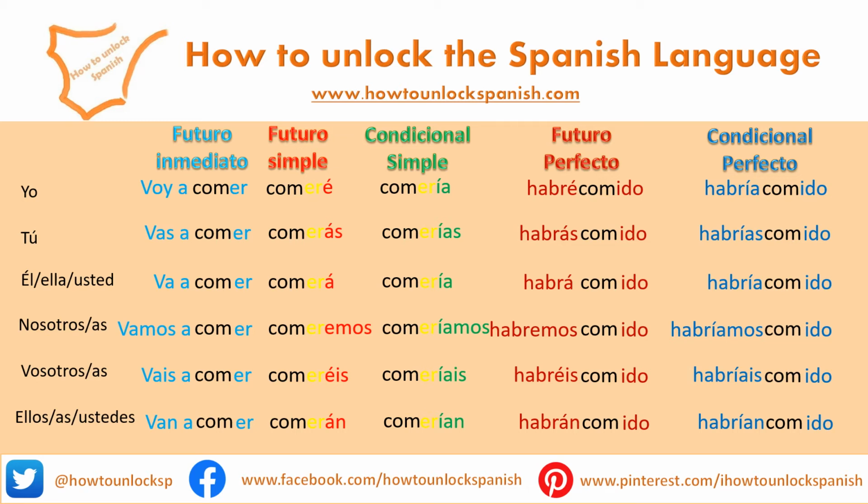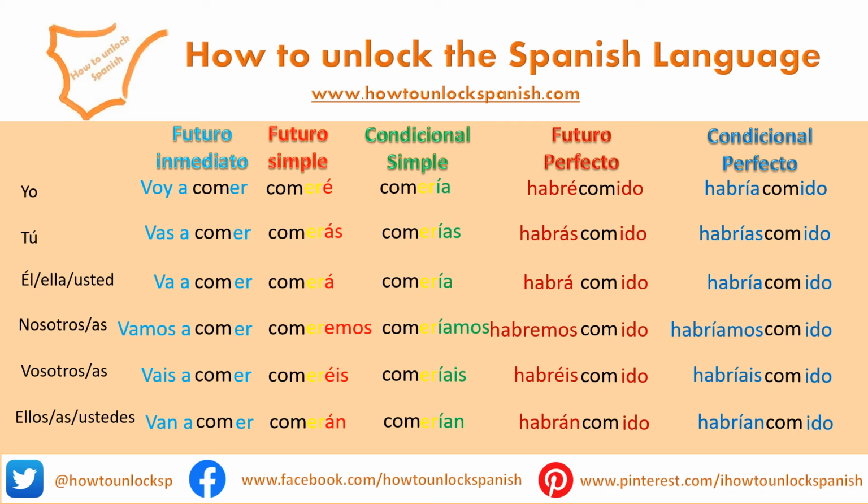So we conjugate using the infinitive plus the proper endings. And the proper endings for the futuro simple are the same endings for ar, er, and ir verbs. They share the same set of endings. So we will just conjugate the futuro simple, saying comeré, comerás, comerá,